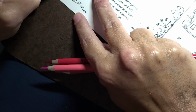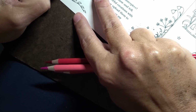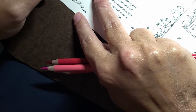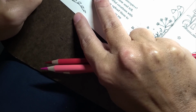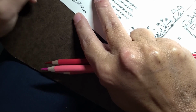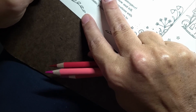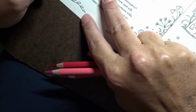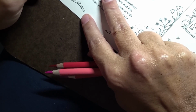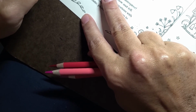So I read somewhere, somebody put in the comments of a video, it had something to do with the Creative Haven paper and the coloring books that they have, and it's published by Dover Publishing. So it said that you can go to Dover Publishing and sign up to get free page downloads. So I did that, I don't know, 3 days ago, and got a whole bunch of downloads. And then I got a mail today, and I got a whole bunch more downloads, including a type of coloring